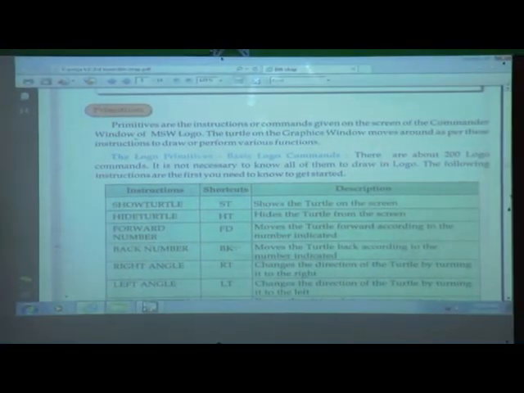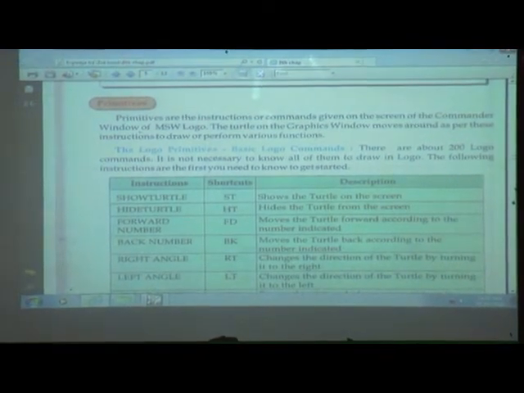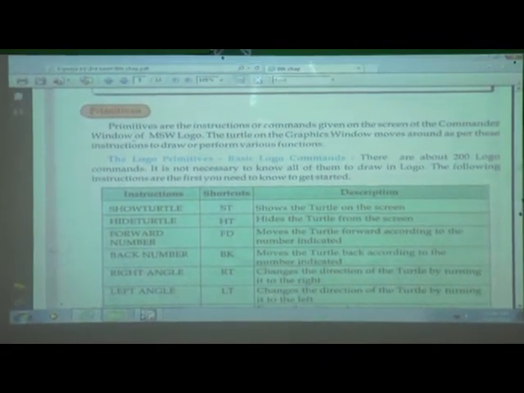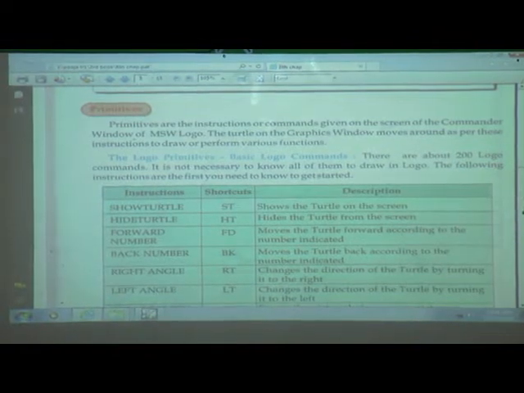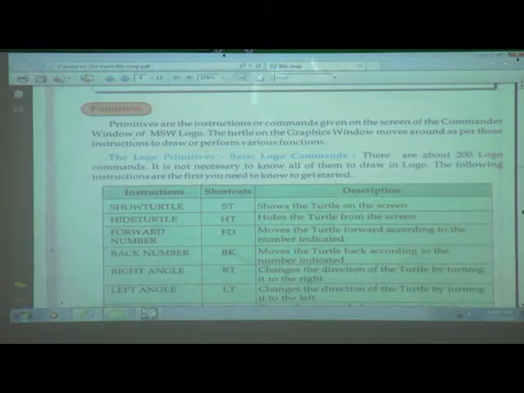What is meant by primitives? Primitives are the instructions or commands given on the screen of the commander window of MSW Logo.